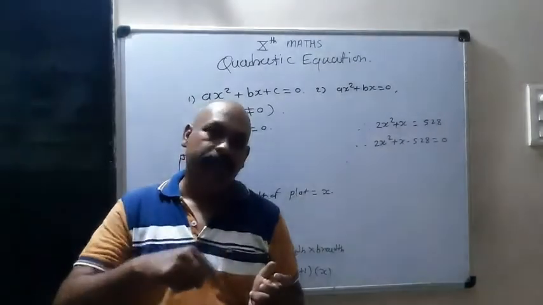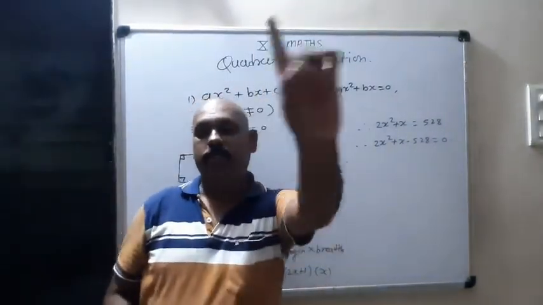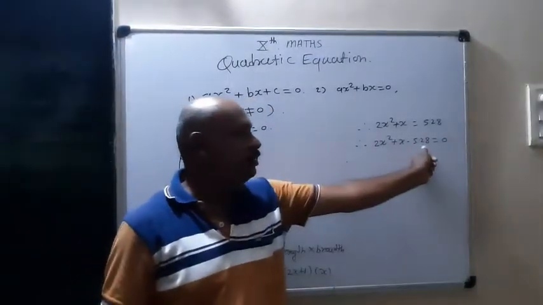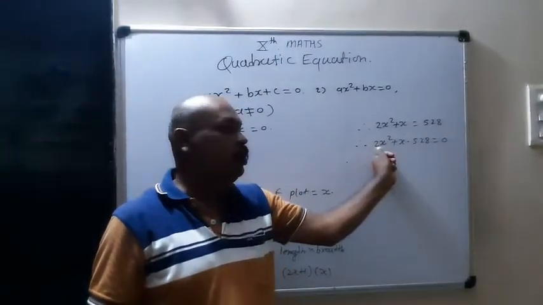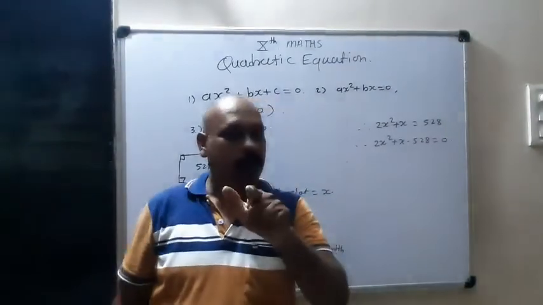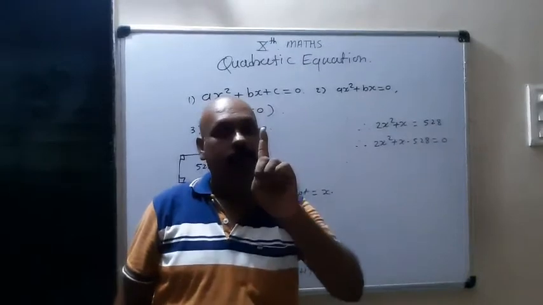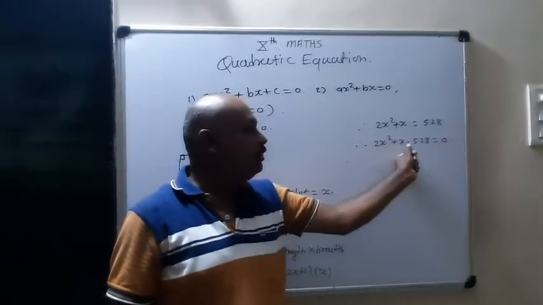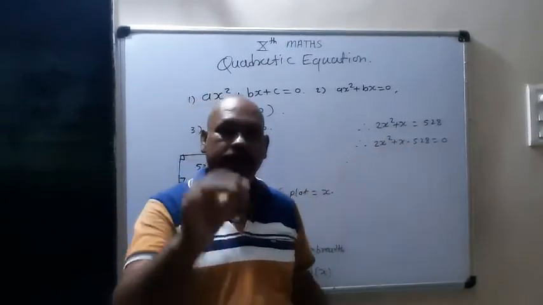But before that there is one more very important method. It is the factorization method. In the factorization method, the factors of the last term multiplying to the coefficient of the first term are very important. So I gave 4 kinds of equations earlier, that is, the signs of the second term and third term are very important.